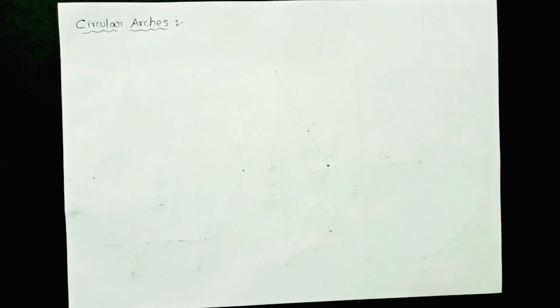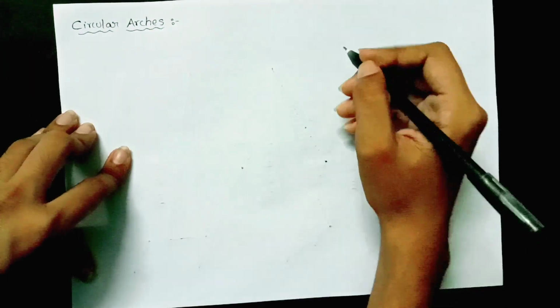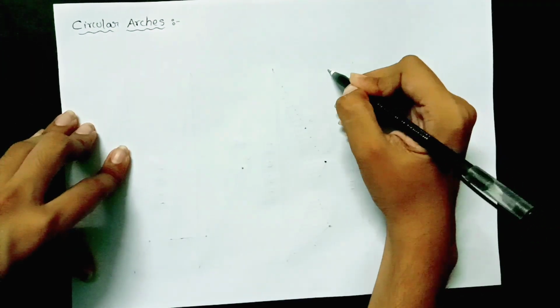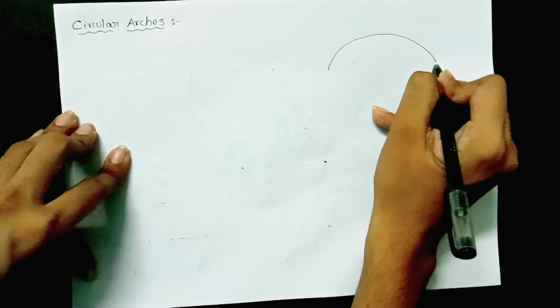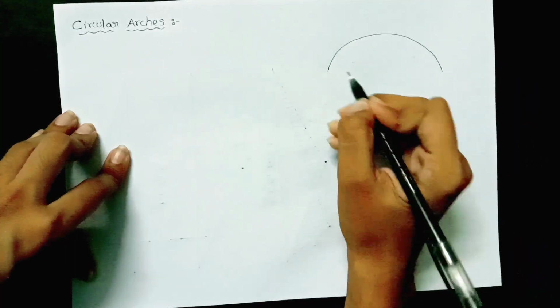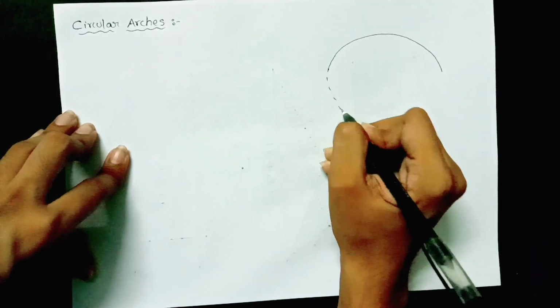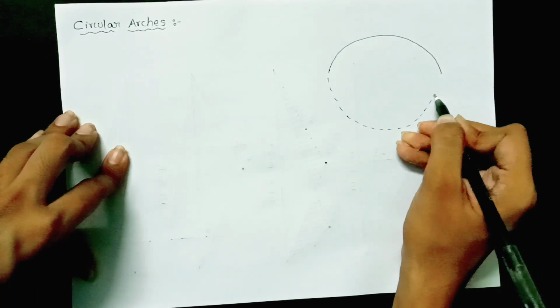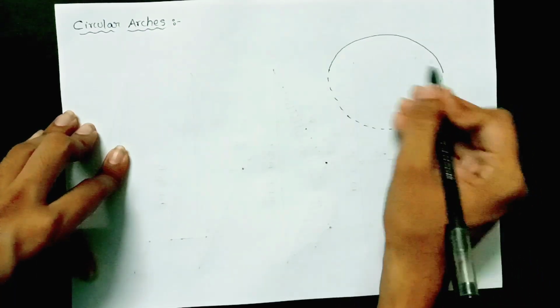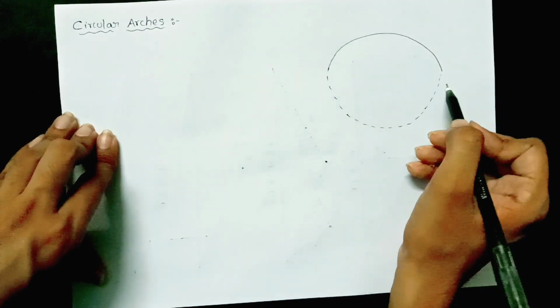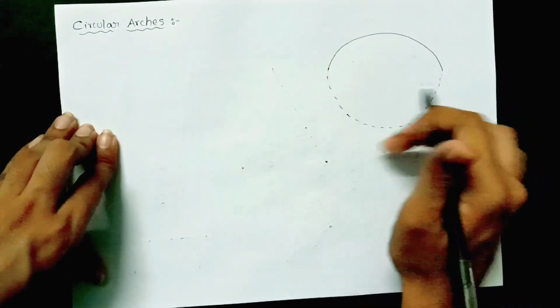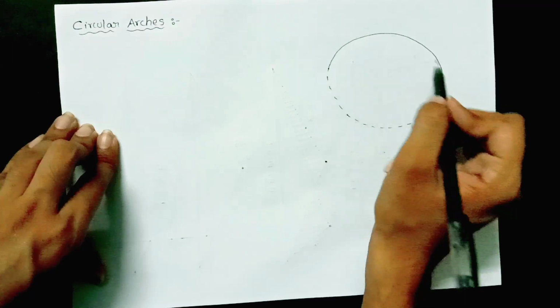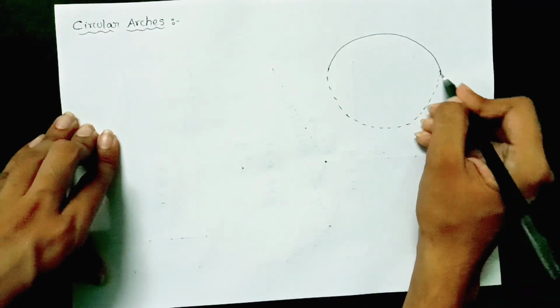In this video, we will see a small derivation on the circular arches. To start with the derivation, first of all, consider one circular arch. Okay, so this is the circular arch. That means it is a part of a circle. In the part of a circle, I am considering this particular segment. This is also known as a segmental arch. So in the entire circle, we are considering only up to a certain segment.